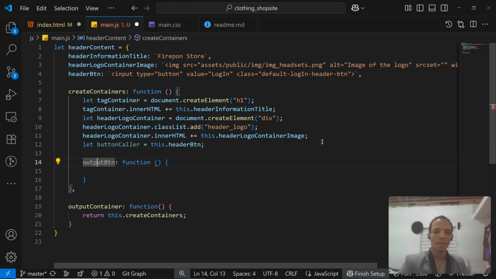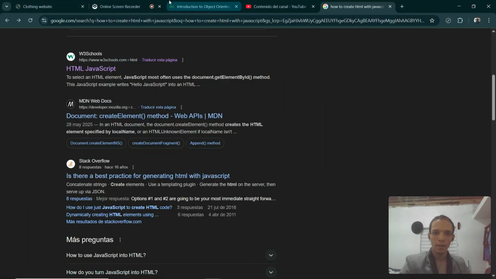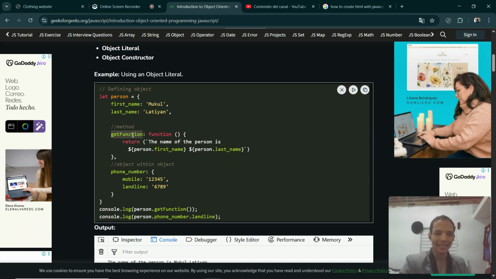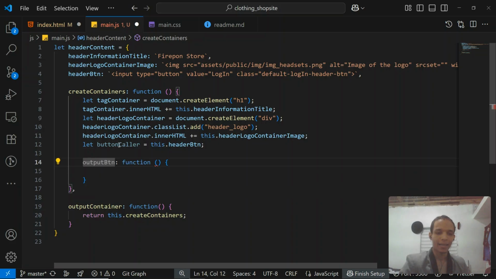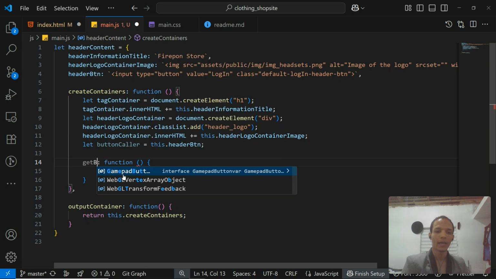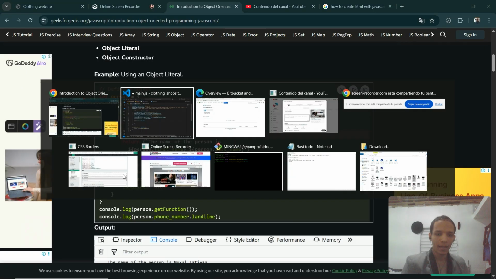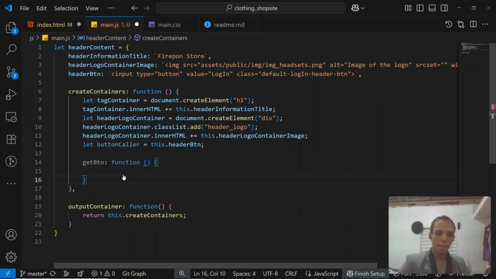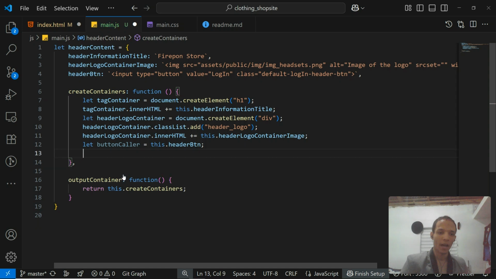By the way, this is not working because these kinds of functions are not made in this way. Let's look for it. Yes, it is. You see, get. It is called like that. Get. I forgot. I put color, but it's the same. Get. Let's put get btn, and it is a function that we're gonna put even outside. For example,